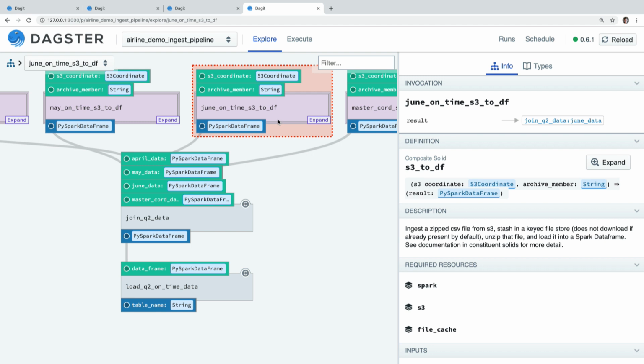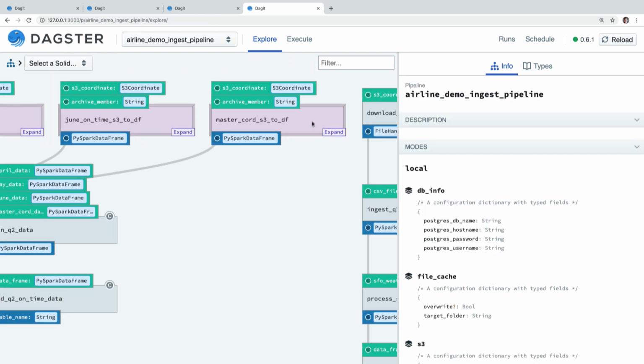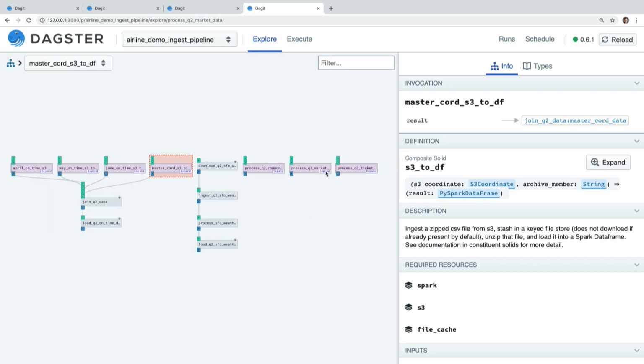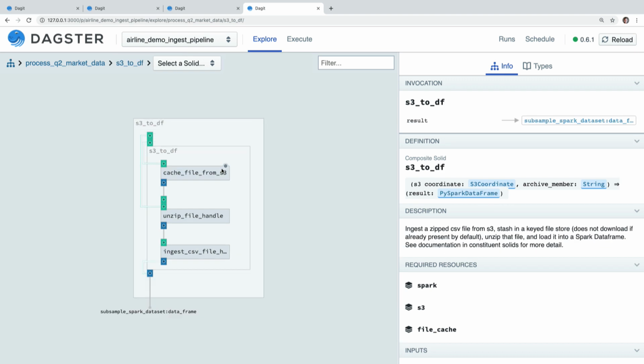Because these are functions, what's one of the best things about functions? Functions compose. It's a very useful property of functions. So just as functions can call other functions, solids can call other solids. If you go in here and click on this, there we go. That is actually a DAG of solids which exists within another solid, right? And this arbitrarily can nest. If you go over these ones, this one goes down, and here's another reusable thing.